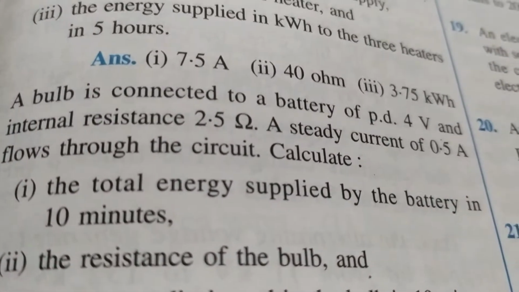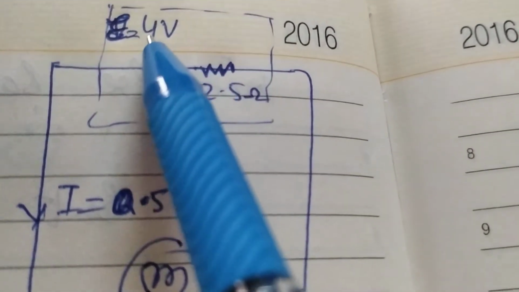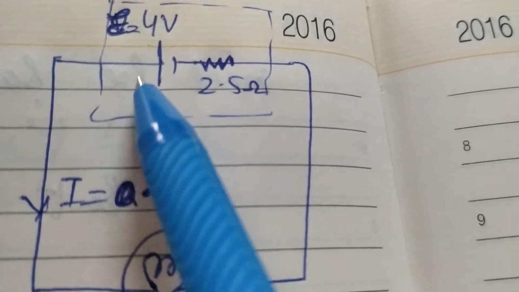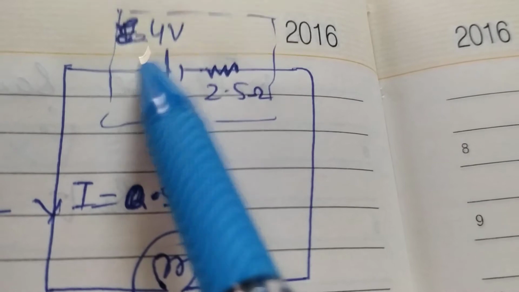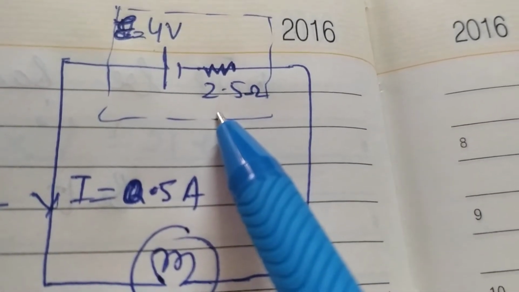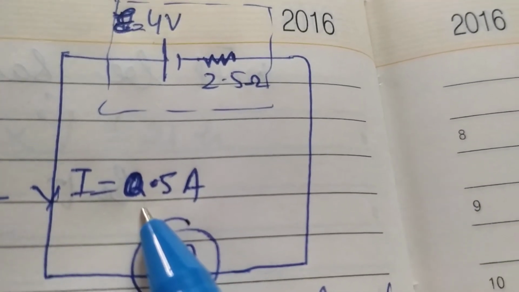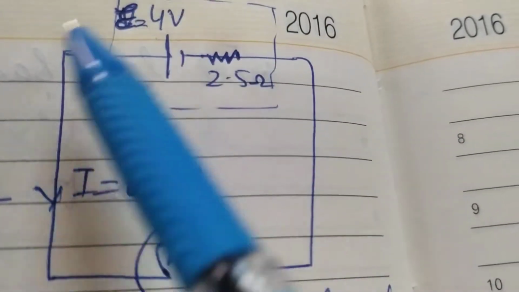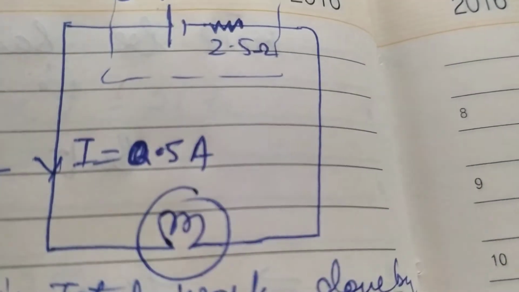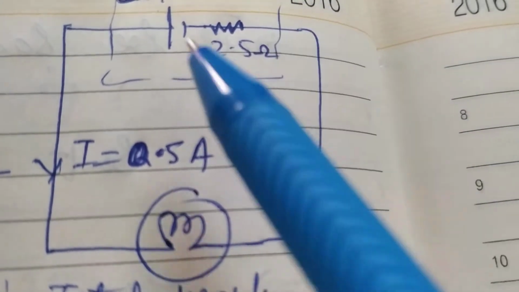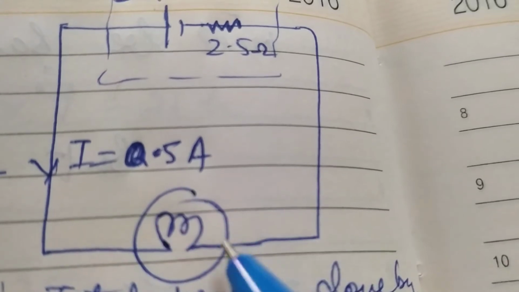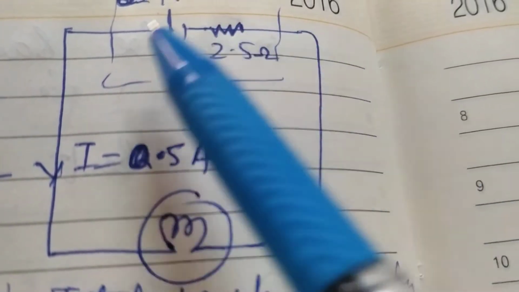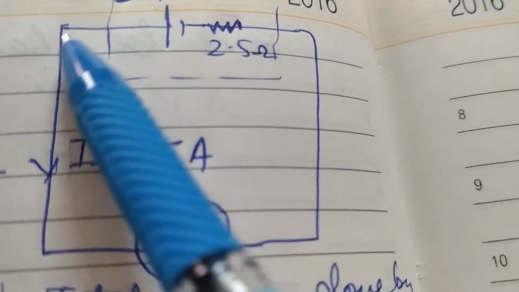Now for this problem, let us see how the arrangement is. This is the potential difference of the battery, so it must be the EMF, and this is the internal resistance given. Current is also given, and we are asked the energy supplied by the battery. Now energy supplied by the battery is equal to the work done in carrying the unit positive charge throughout the circuit, internal as well as external, when current I flows through the complete circuit.